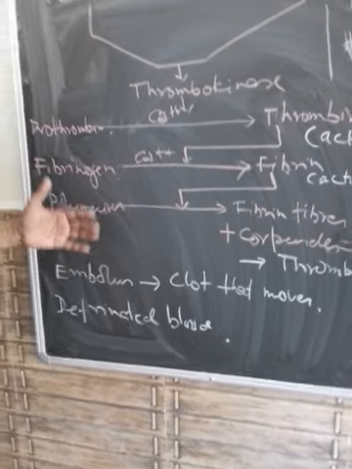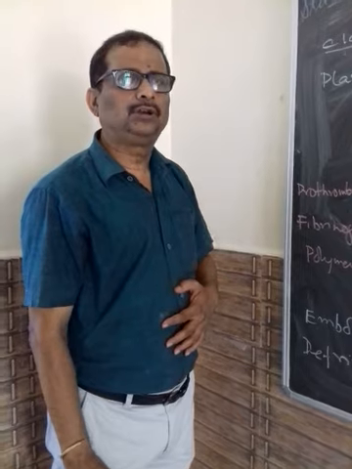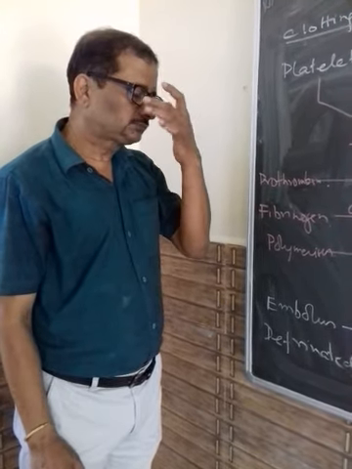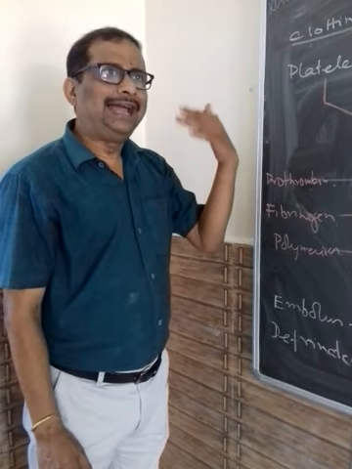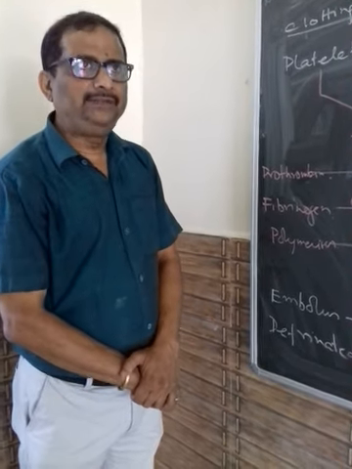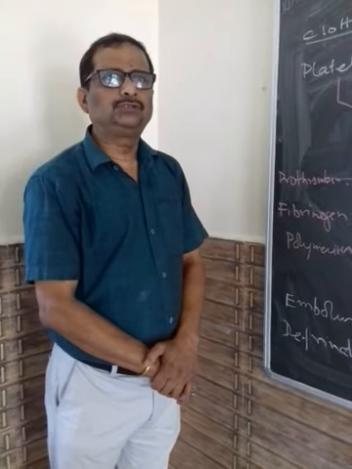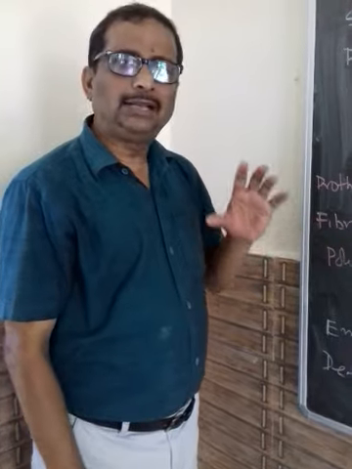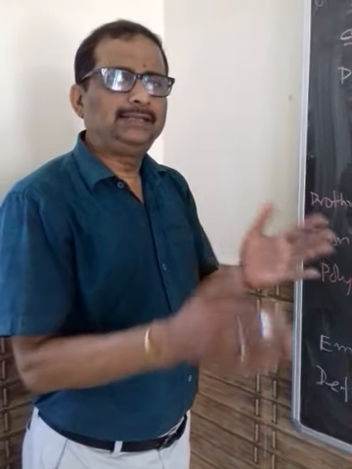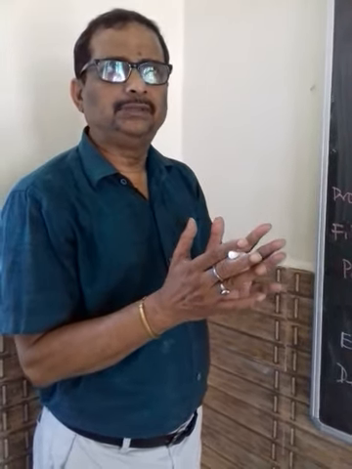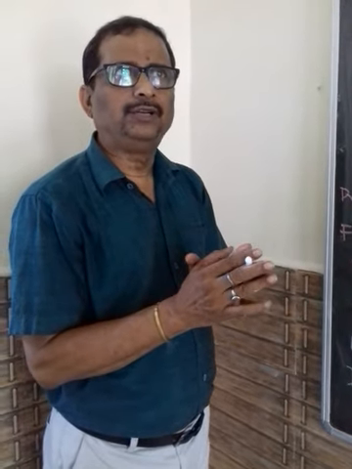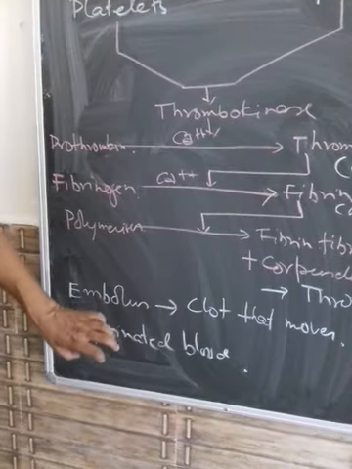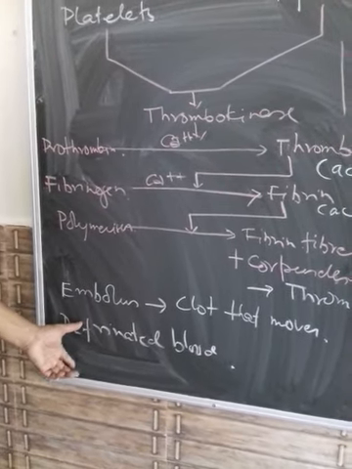Now in order to break this clot, there is a protein called heparin. There is some antiplatelet activity, which is called heparin, which is present in the blood and formed in the liver, and which does not allow the blood to clot. So there is a balance between the platelets, the fibrinogen and the heparin inside the body, which has to be maintained. If you remove the fibrinogen from the blood, that is called defibrinated blood.